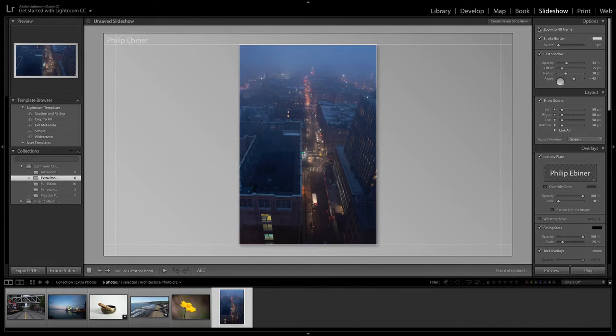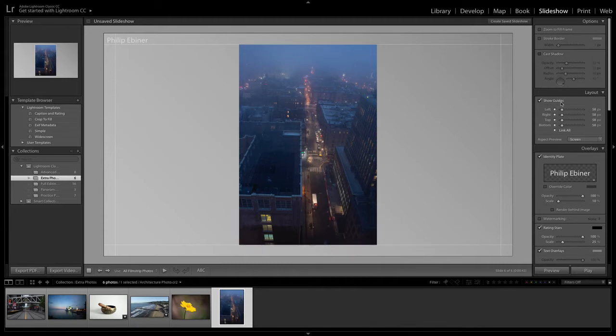We've already cropped and edited our photos right before we do this slideshow, so we have it at the proper aspect ratio. You probably don't want to zoom to fill frame. Next, you have this stroke border. Turning that on or off, you see it has this white border. That's just a stylistic thing. I personally don't think I would want that, so I'm going to turn that off. And then same with shadow. So turning that on or off gives this little drop shadow.